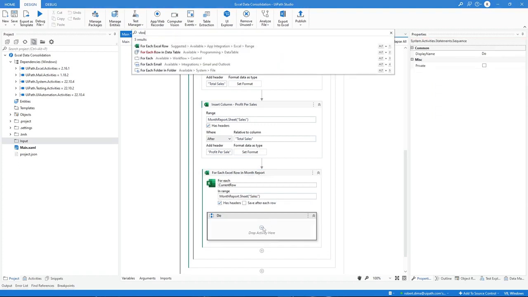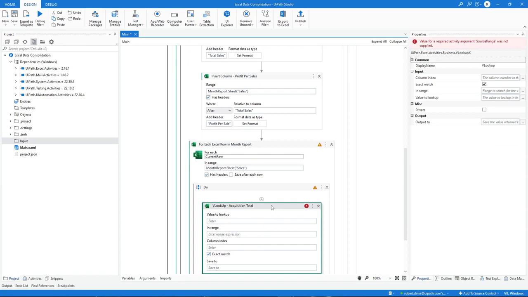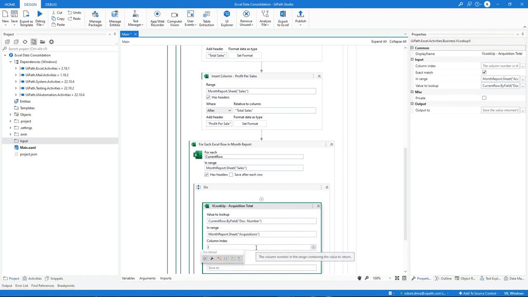Let's add the VLOOKUP activity. The VLOOKUP activity finds data in a range or sheet using the VLOOKUP function, which will help us to work out the acquisition total value. To achieve the result we need, we'll add current row dot by field, doc number in the value to look up. In the In Range field, we'll add Month Report.Sheet Acquisitions. The Acquisition Total column is the third column in the Acquisition Excel sheet. Hence, the column index will be 3, and we'll save it to